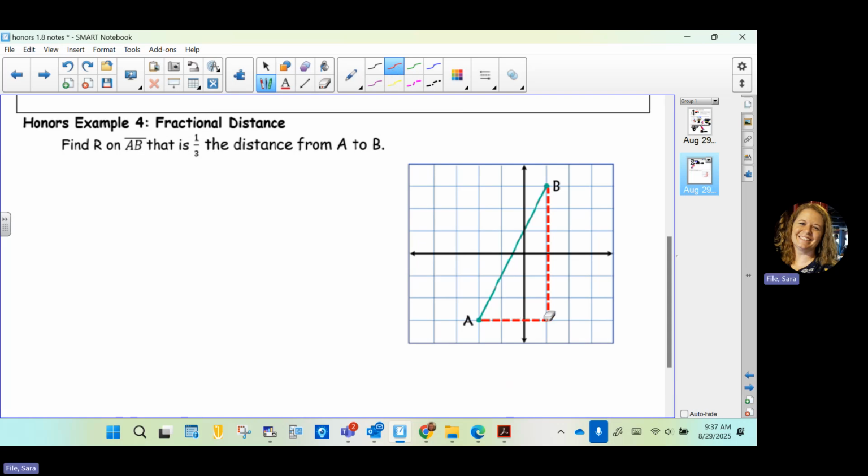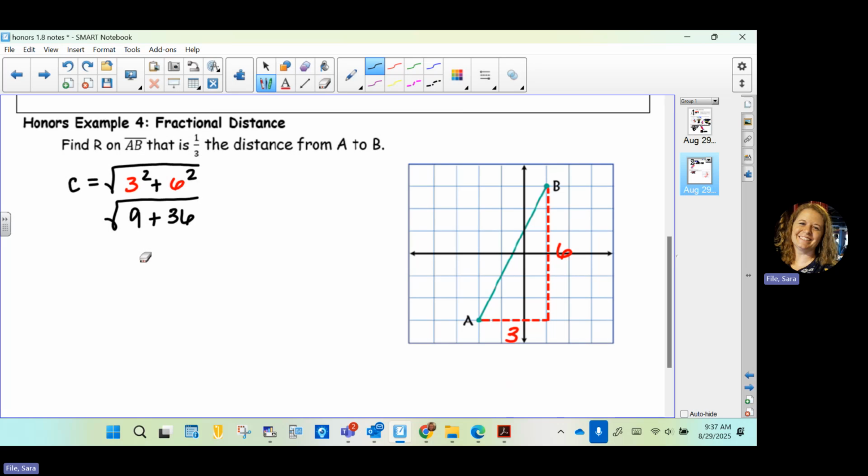So that's 1, 2, 3. 1, 2, 3, 4, 5, 6. So you can do the original Pythagorean theorem, or you can do it where we already have C isolated. So it's a 6 and a 3, the changes in X and Y. So then that is 9 and 36,